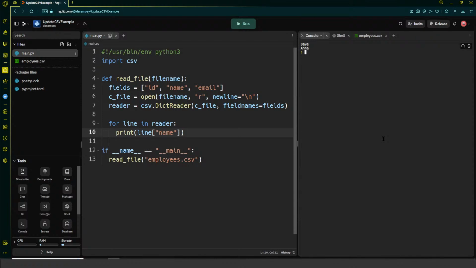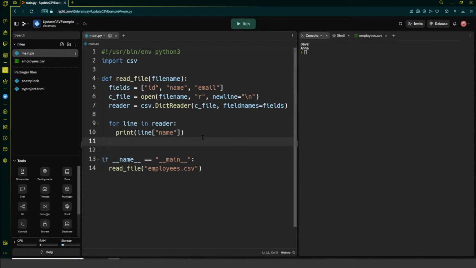We can't directly change the things that are in our dictionary reader object. So if we want to make updates to a file, we need to treat it very similarly, but a little bit different, right? When we get to how we would update our file, basically,